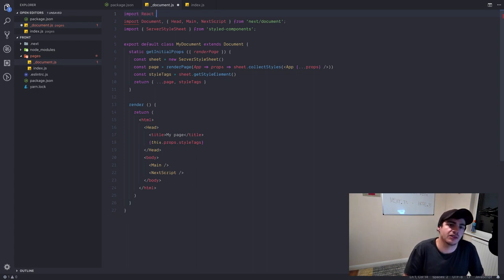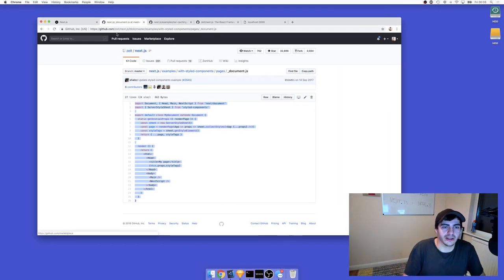Let me just import React from React. And the room might flash red here, but yeah. Okay, so